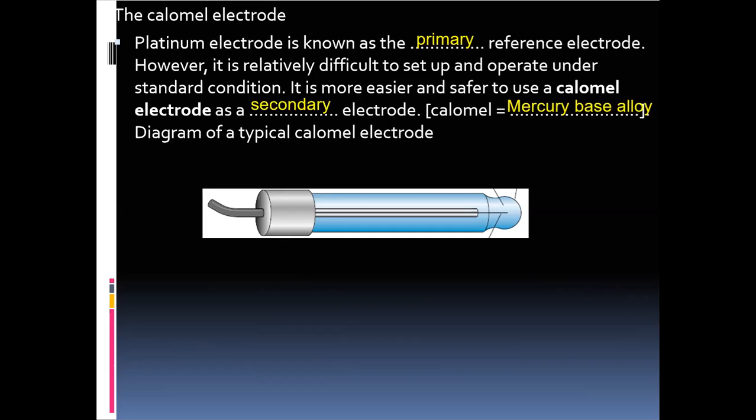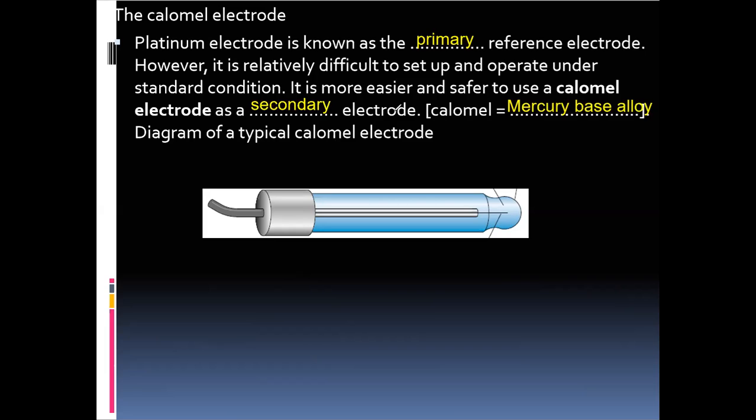The platinum electrode is known as the primary reference electrode. However, the platinum electrode is a standard hydrogen electrode. But however, it is relatively difficult to set up and operate under standard conditions. It's very difficult for us to have a standard condition where we'll be having a perfect room temperature of 298 Kelvin and having 1 atm pressure with 1 mole per dm cube concentration. So it is easier and safer to use what we call a Calomel electrode as our secondary electrode,